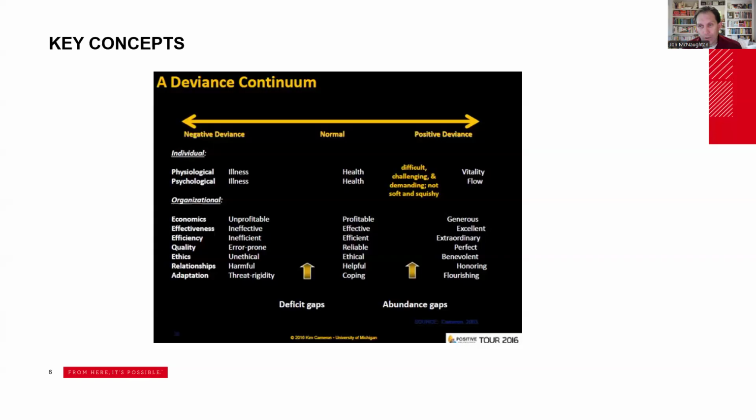Don't hesitate to reach out if you have other questions about the positive deviance continuum or about social entrepreneurship, which again, the basic principle of that is that we are trying to create organizations, we're trying to create products, businesses that are producing public good, that are positively impacting our communities, that are positively impacting the people that are engaged with them. That is what social entrepreneurship is all about, is doing those things that are putting more good into the world, which again, we will talk more about as we go through the course.